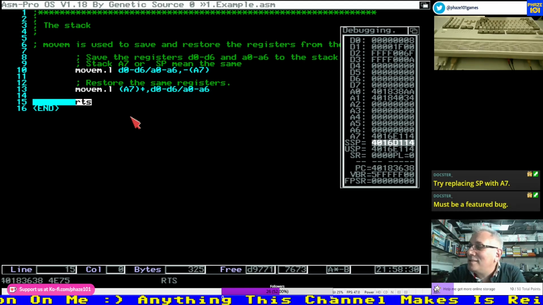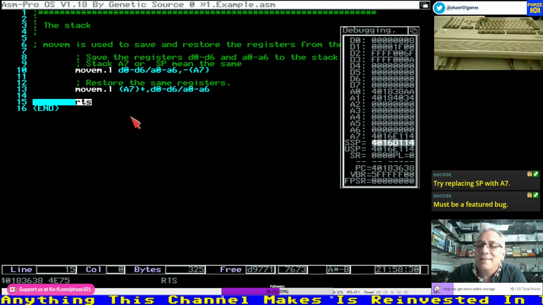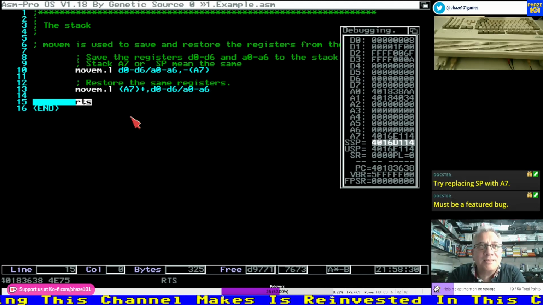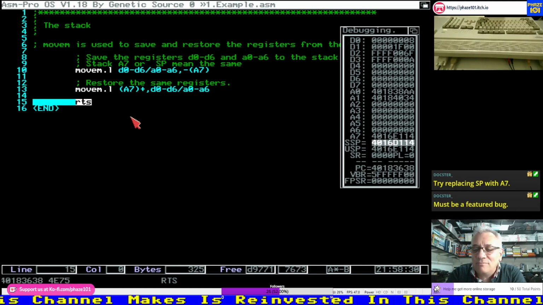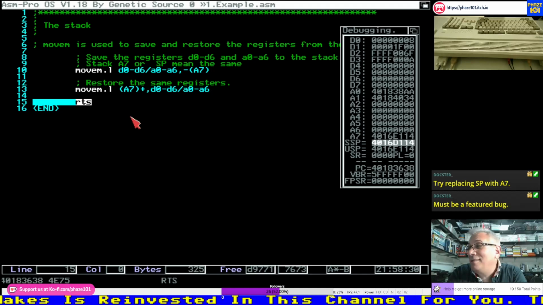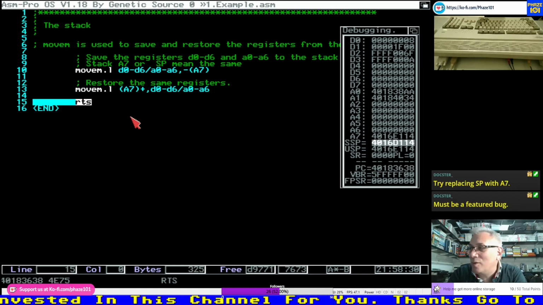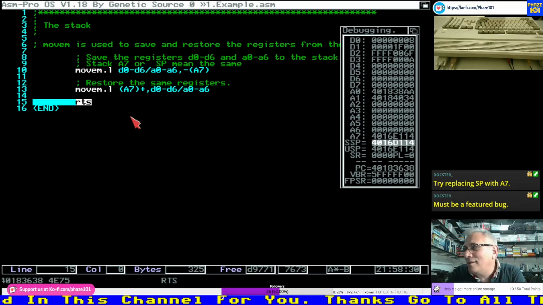So that's why it is changing SSP. That's my only thinkable way to answer this issue. I mean, they should do something to update actually A7 because we are in user mode. But yeah,